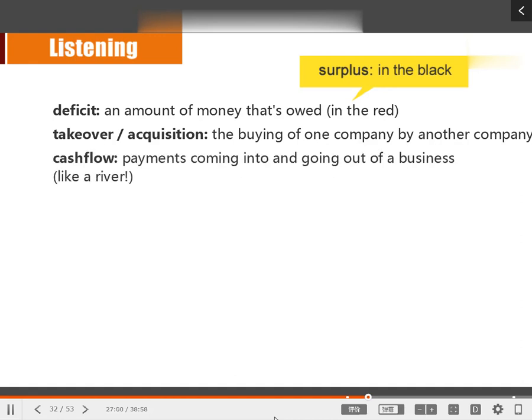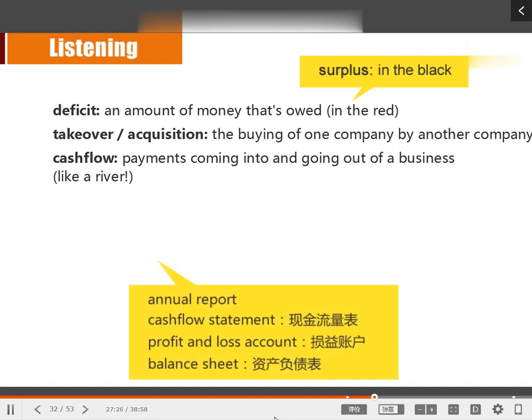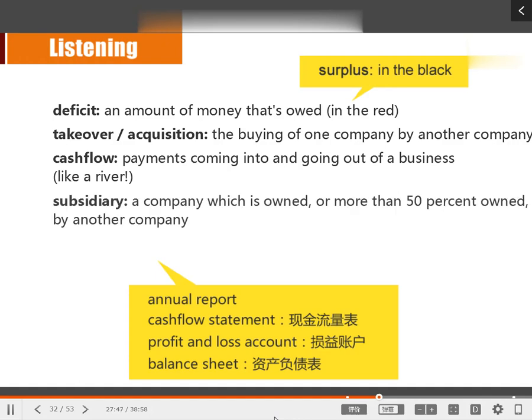And next, payments coming into and going out of the business like a river is called cash flow, 现金流。那么这里呢要提到一点就是，如果你是这个 financial director，那么到了一个你们公司的财政年末的时候呢，你需要向你们公司的股东啊，或者说老总啊，去汇报你们公司的这样一个财政的情况哈。我们通常呢会把这种汇报叫做 annual report。那么在这种年度的财政报告当中呢，通常会有3个指标。那么第一个呢就是 cash flow statement，现金流量表。那么第二个呢是 profit and loss account，损益账户。那么第三个呢就是 balance sheet，资产负债表。